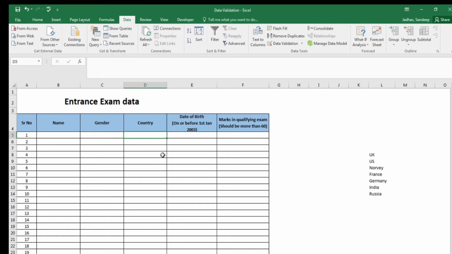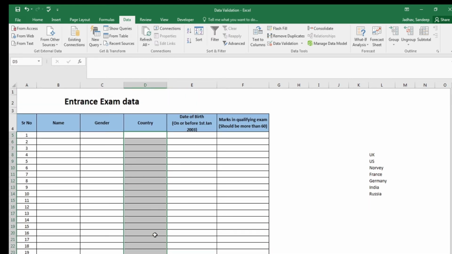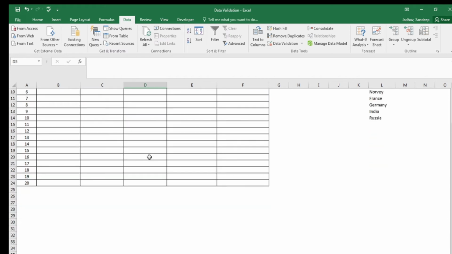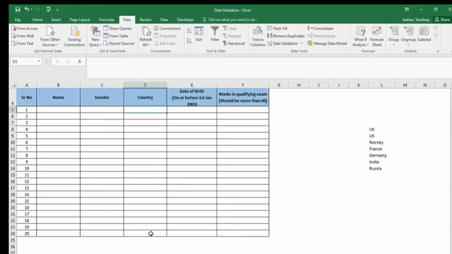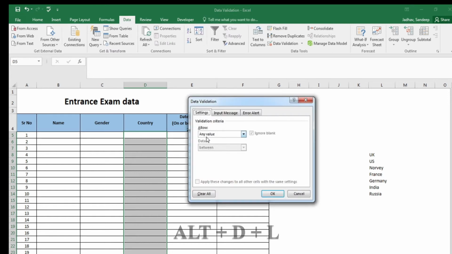Now for country, I have my own country list over here. From that list only they have to select. So I want to keep that restriction over here by creating a drop-down list for the country. So I will select that particular range in which they are going to put the data, and I will again put the data validation, that is Alt-DL. Under settings, again I will select list.